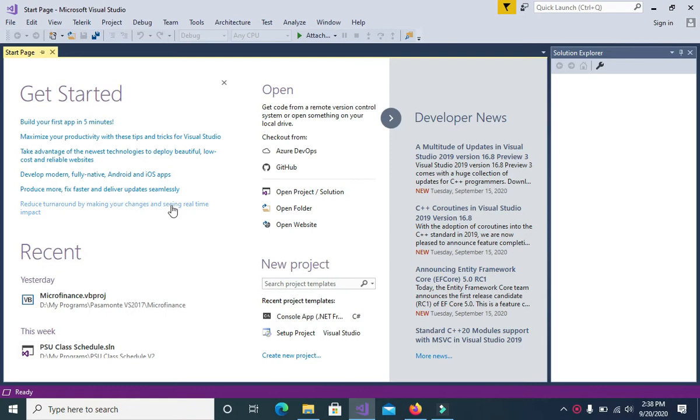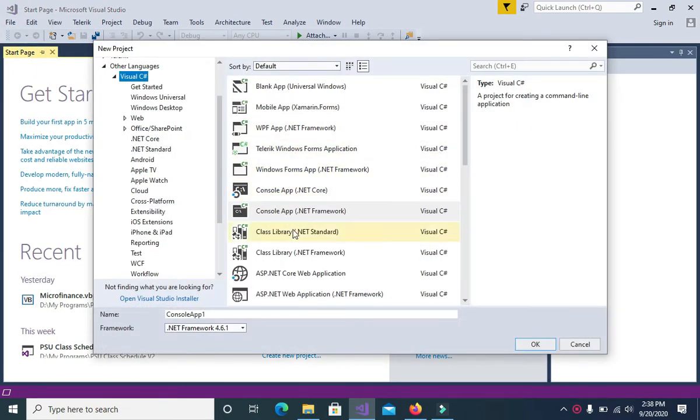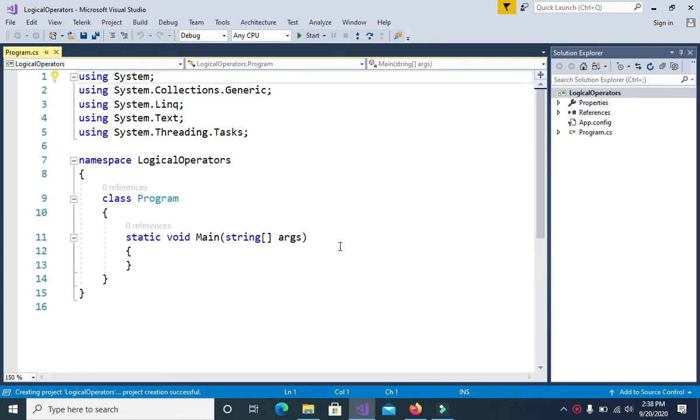To see these logical operators in action, let's open our C# and then create a new project. We will name this project logical operators, then click OK. The example that we're going to have is that we will allow our user to type his age, and then our application will analyze if his age belongs to a certain bracket: infant, toddler, teenager, or adulthood.